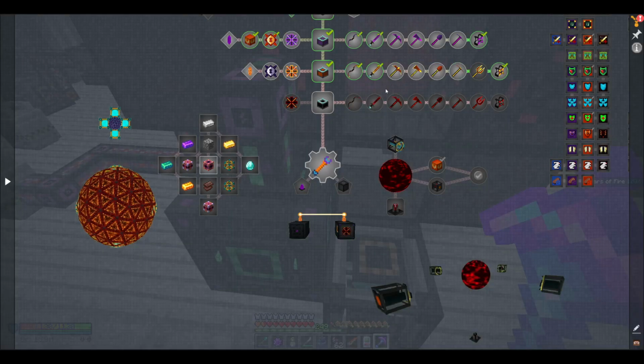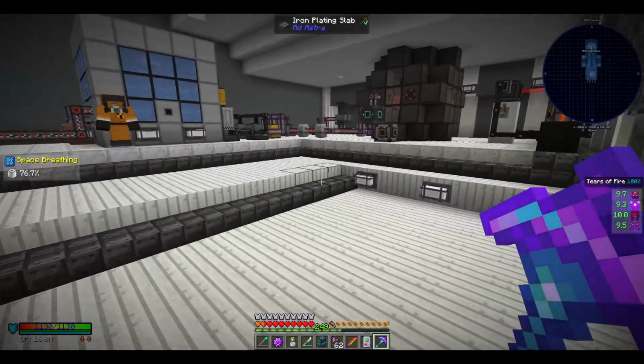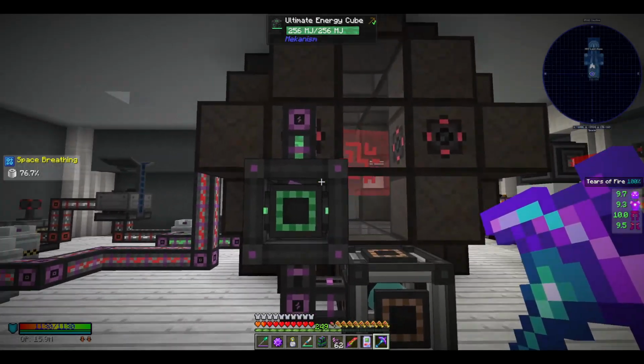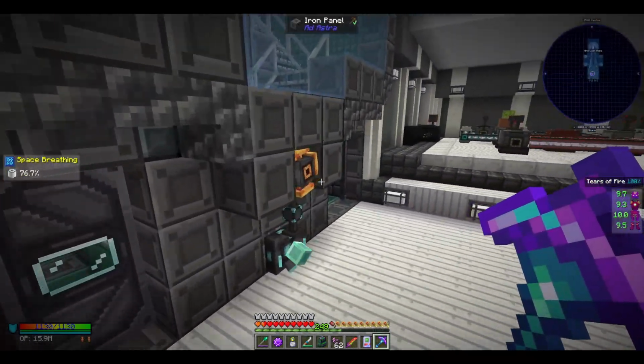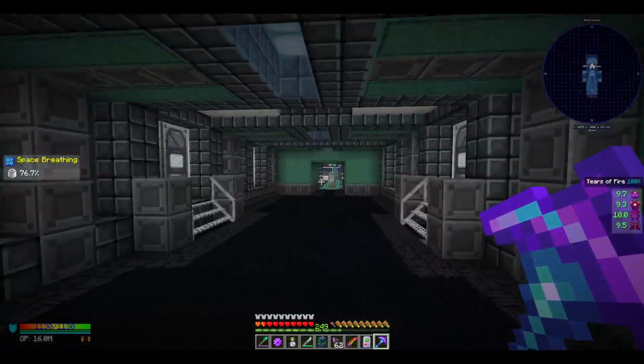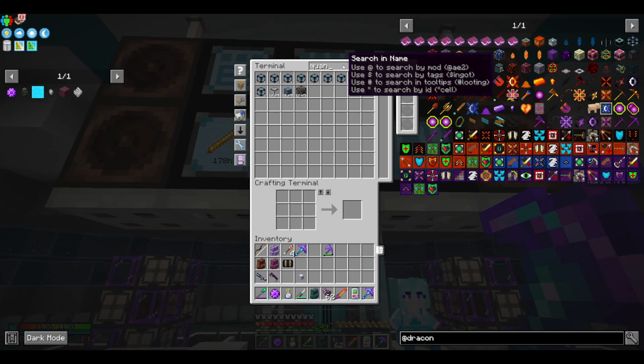So we need all of the bits and pieces really. I've also set up a quantum entangler to start getting power. This is just like a power buffer. So that way we just link that up to an input to see if that transfers the power at a decent rate. So let's go over to here, and we want to go